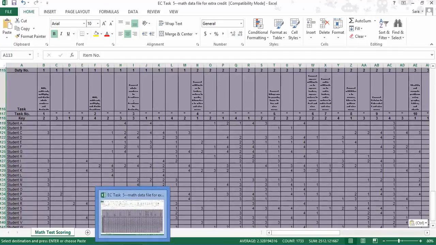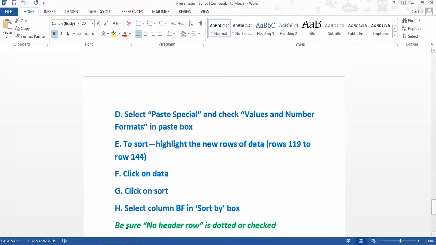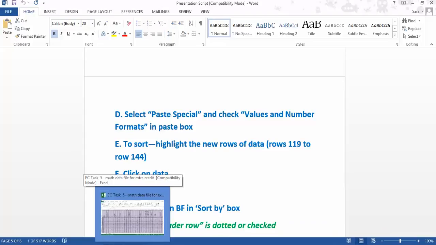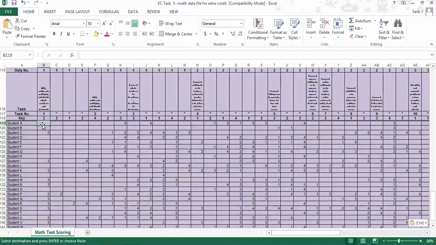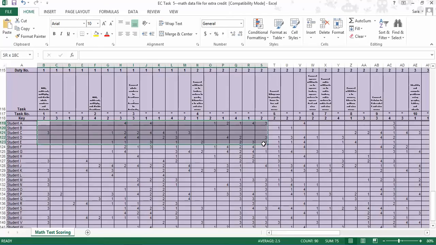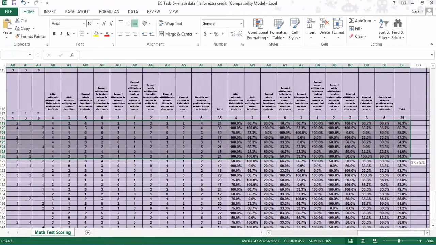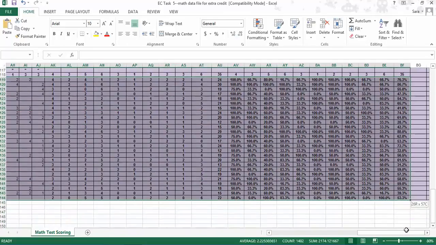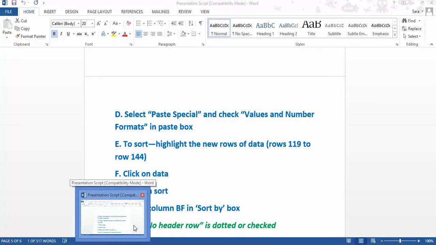So then after you do the paste special, you gotta go back down in here. Now you gotta highlight the new rows of data, rows 119 to 144. That's on mine. It'd be different on yours. So go back to this, 119 over to 144. Bring that down. Okay. Now from there, what you're going to want to do is you're going to click on